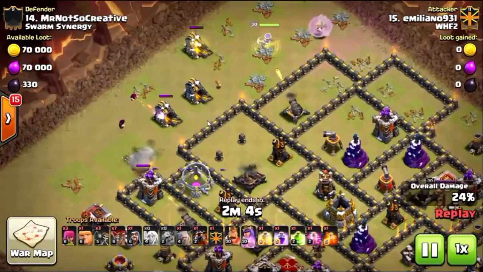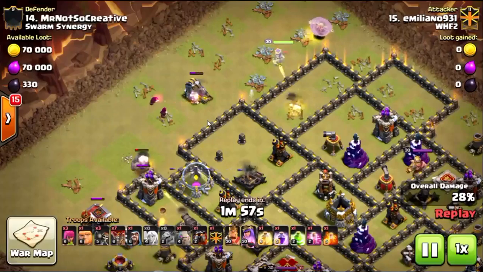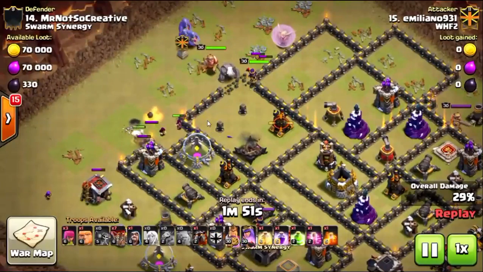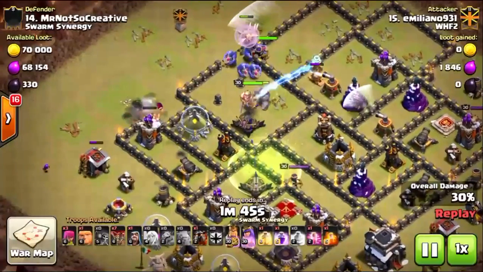So he's doing the funneling up top here, and then he's going to go ahead and drop his golem and the rest of the kill squad there to get into that base, take care of that other air defense, and there we go with the wall breakers in. Everybody's going to get routed in. The bowlers are thrown down there, and they're going to get at least those other 2 air defenses very, very